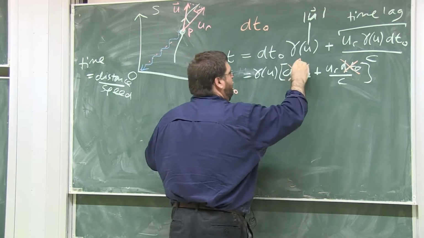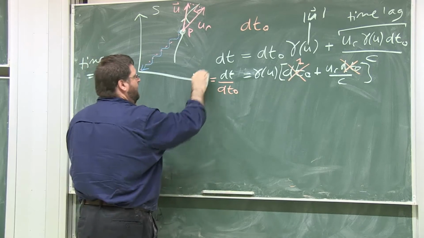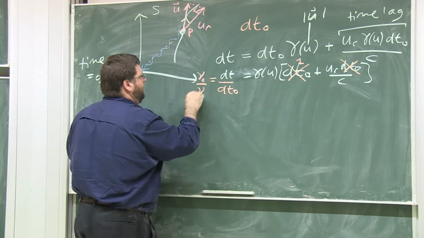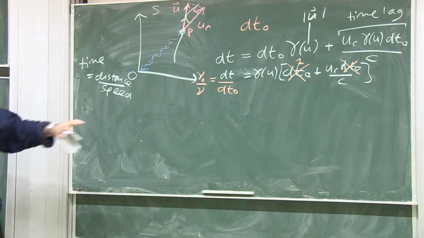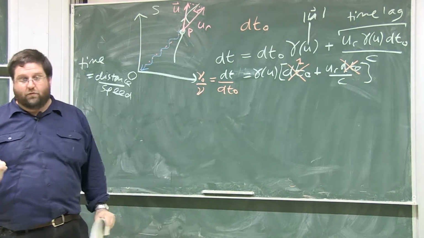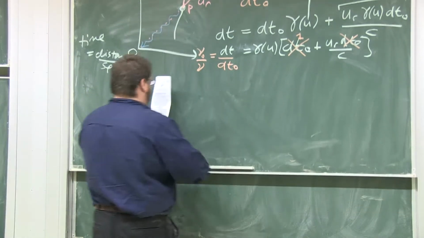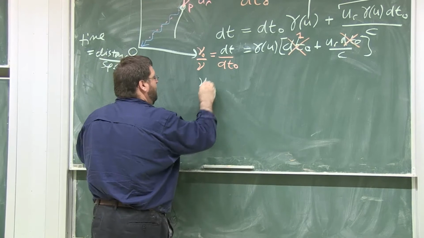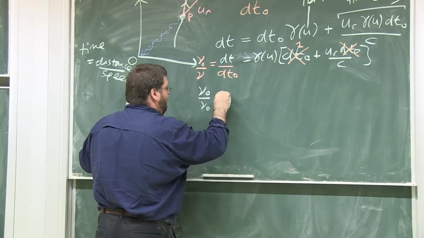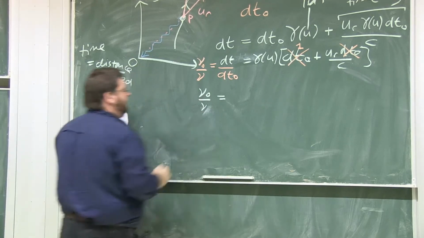This will become a 1. I'm also going to use the fact that the ratio of the periods is a reciprocal of the ratio of the frequencies. I use nu to denote frequencies. Again, to repeat, the ratio of the periods is a reciprocal of the ratio of the frequencies. So we learn our final result, which is that the ratio of the proper frequency of the light to the observed frequency of the light,